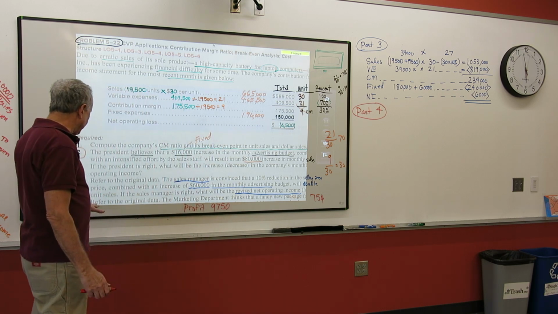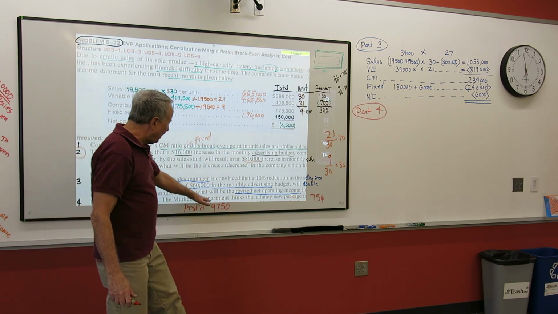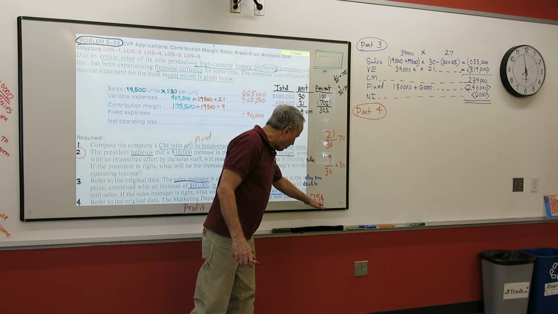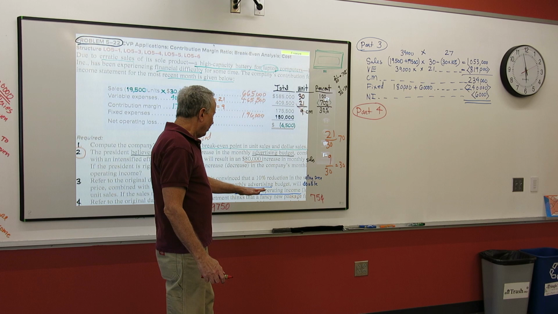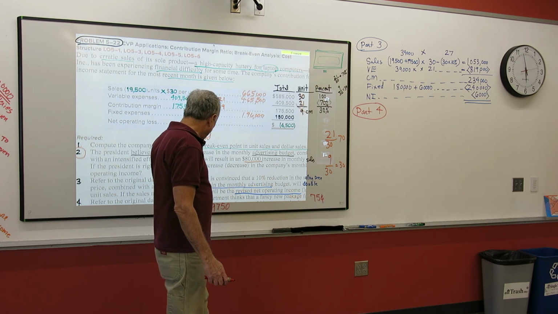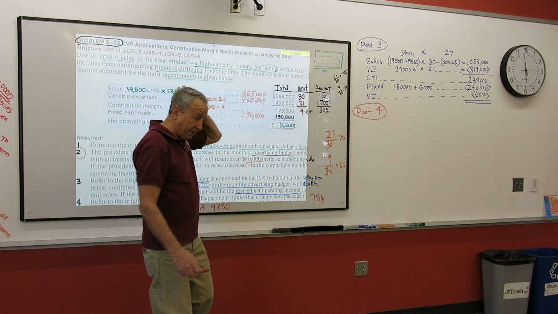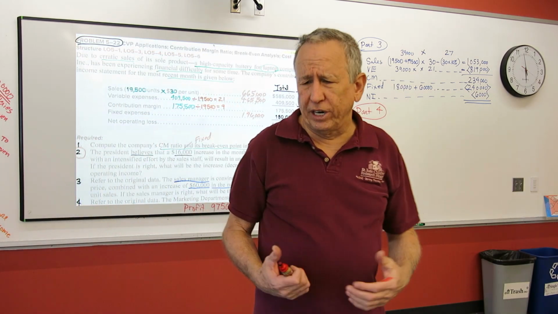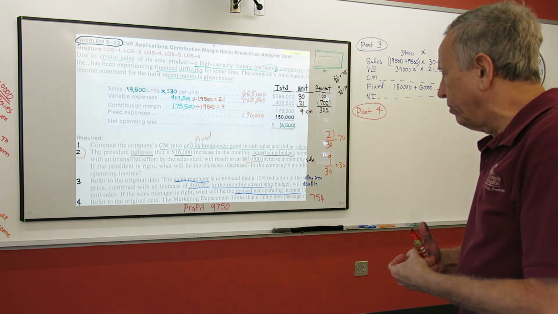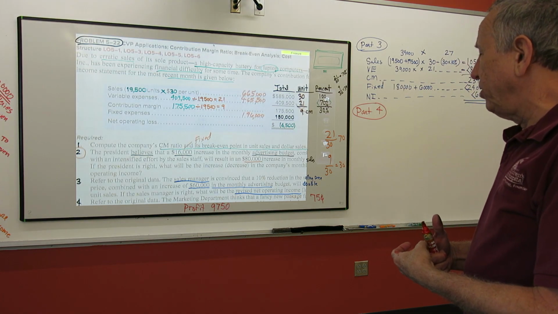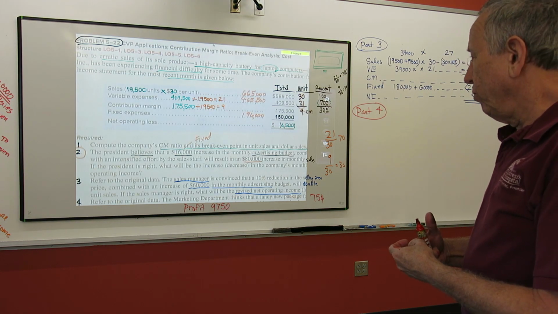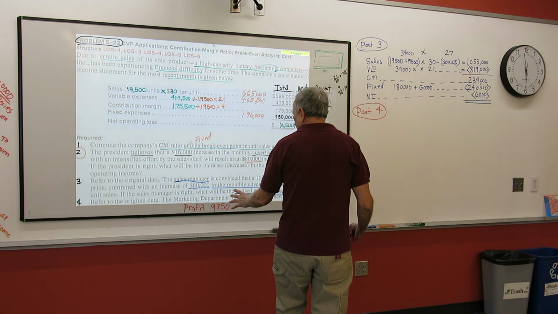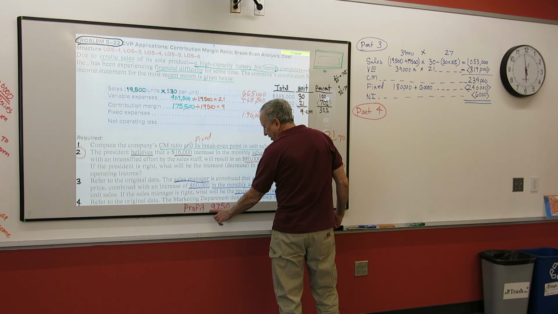So in this part 4, it says, refer to the original data. The marketing department thinks that a fancy new package, again, that costs 75 cents more, will increase sales, and they also want a profit of $9,750. And they ask you, in this one it's kind of odd, I don't really think it's a good question, I don't think part 4 would be a good one for the test, but they really say to you, how many units would you have to sell to get a profit of $9,750?